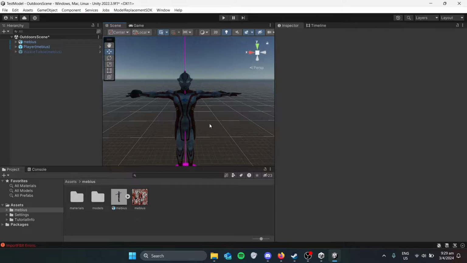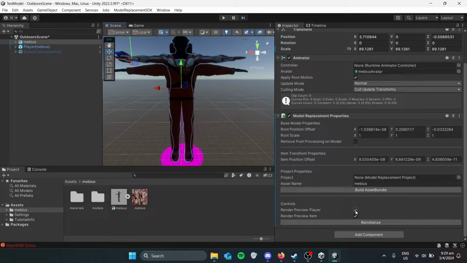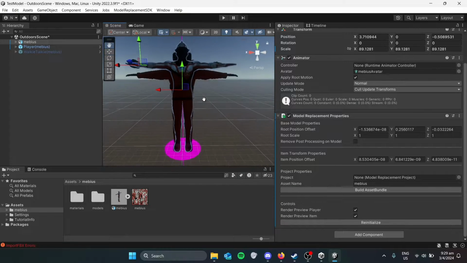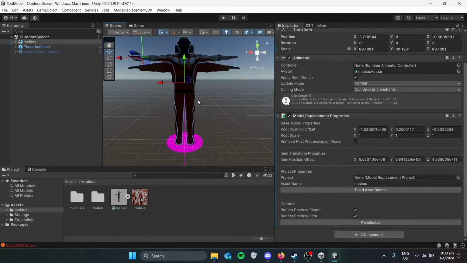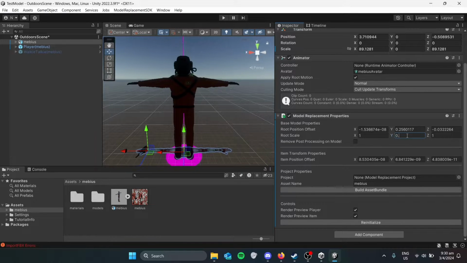Now you're ready to start matching it up with the player model. I just clicked this render preview player so you can compare it to the default player model, and you'll want to start matching it up to the size and the position of the player. Now personally, as you can see, it's a bit too tall, so I'm going to scale it down a bit. Let's try 0.95,